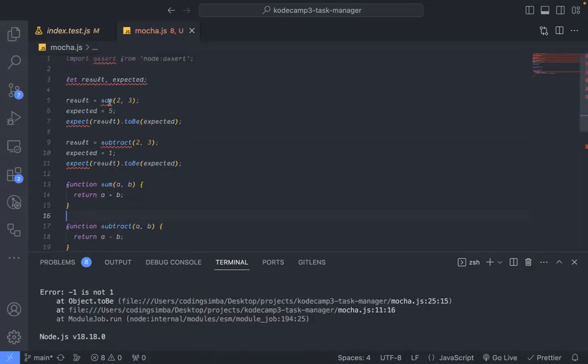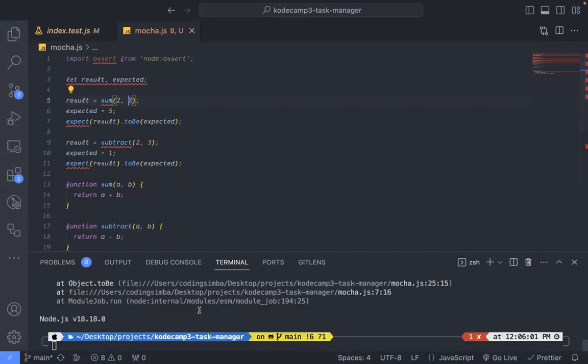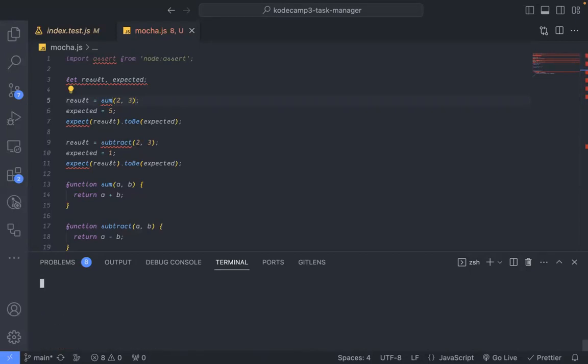What if we pass in -3, right? We also get an error: -1 is not 5. So we don't know if it's the last one or the first one. So what we want to do is make our test more readable. We want to make our errors more readable. So we can come down here and do something like,